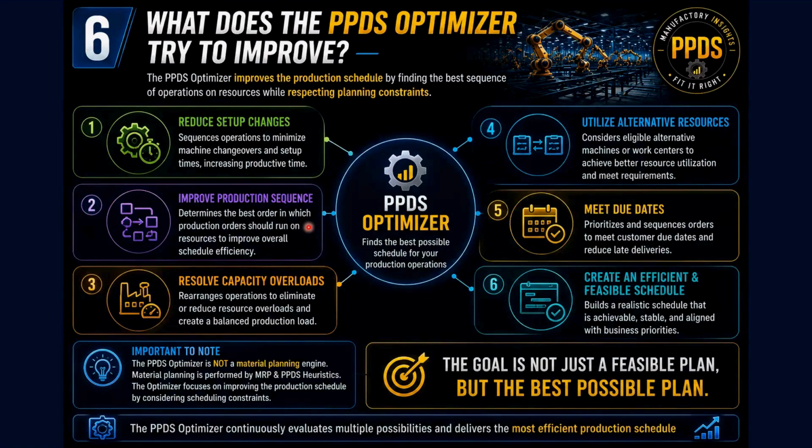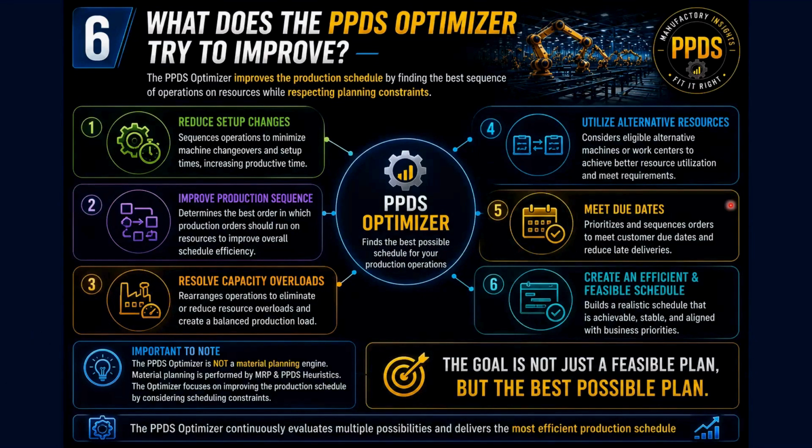Third, it helps resolve capacity overloads. When an eligible alternative resource is available, operations may be reassigned to create a more balanced production schedule. It can also utilize alternative resources where they have been defined in the planning model. Another important objective is to improve schedule adherence by creating a more realistic production schedule that can be executed successfully